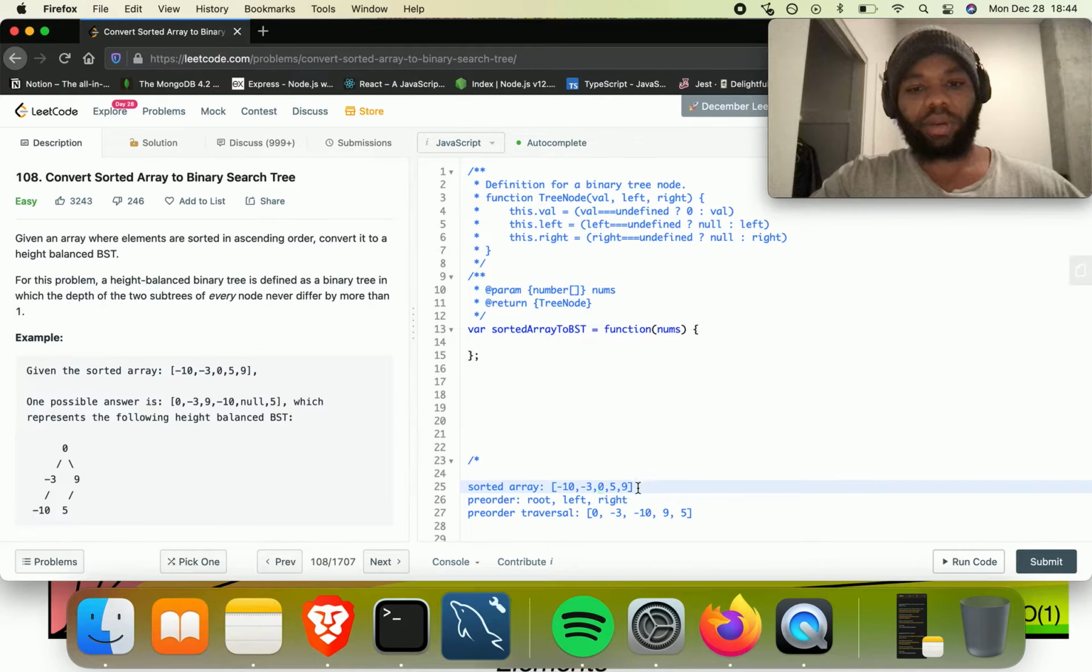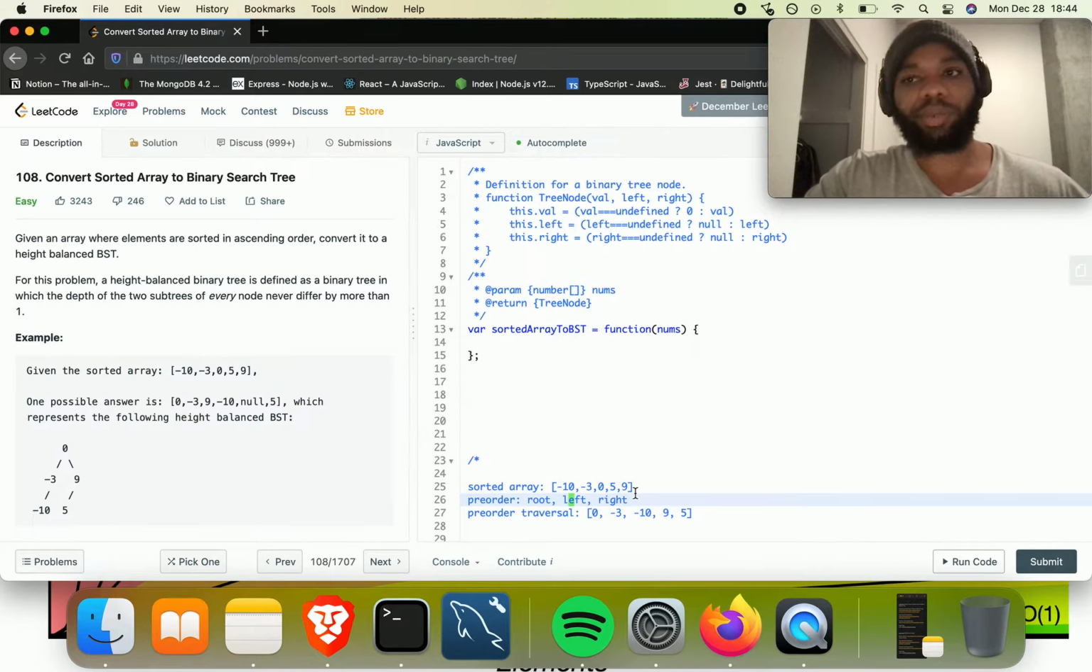And so this is our sorted array. And what we want to do is a pre-order traversal. I mean, you can do other ones, I'm just doing the pre-order for now. It's most convenient, where we're targeting the root node, the left node, and then the right node. So the pre-order traversal looks like we hit 0, which is going to be our root, and then left,